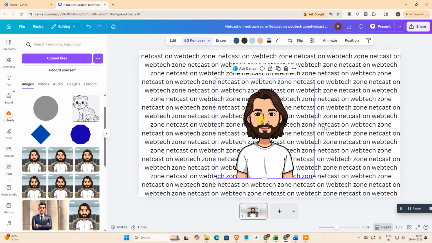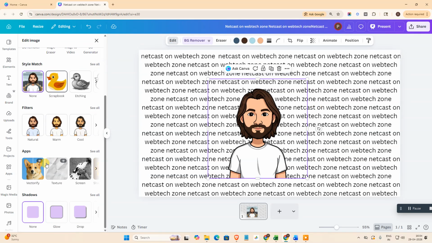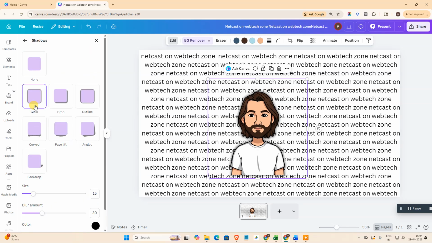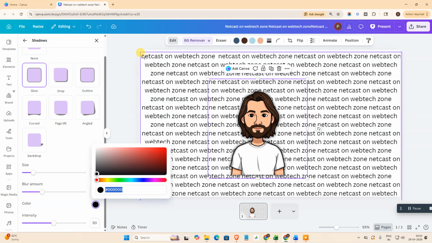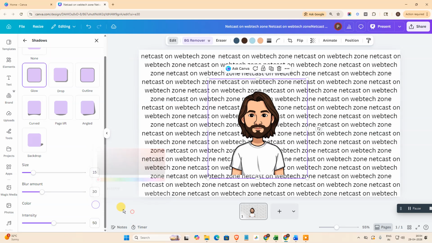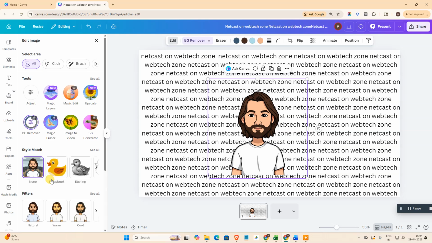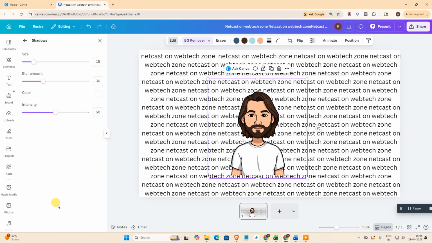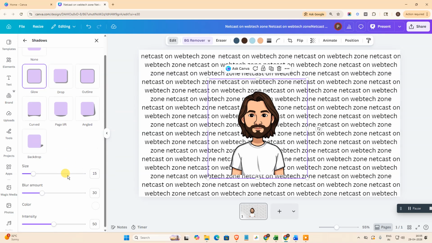Here go to edit and come to the shadow, go to see all and go to the glow. Here you need to change the color. Just scroll down and change the color to the same as the background color. Our background color is white, so we need to change it to white only. In glow,